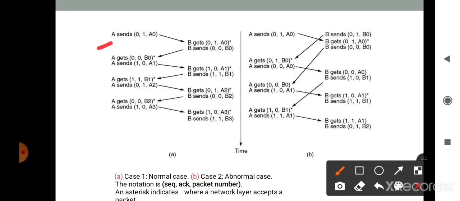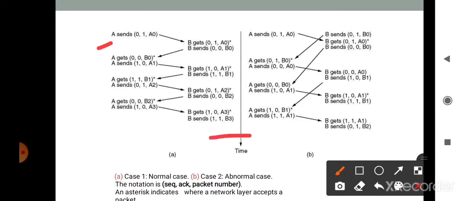Now B is waiting for an acknowledgement of 0 and will not send any more frames. This situation arises if both sides simultaneously send an initial packet. Here duplicate frames are delivered even though there is no transmission error.